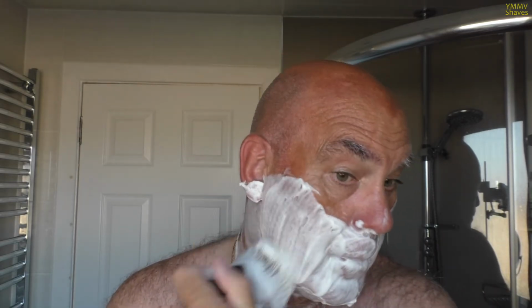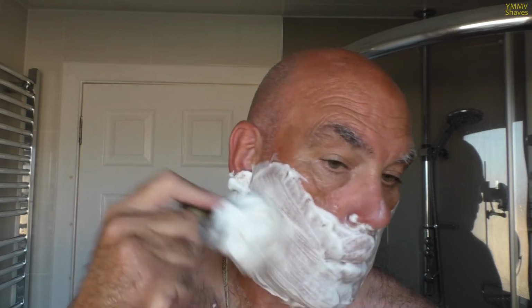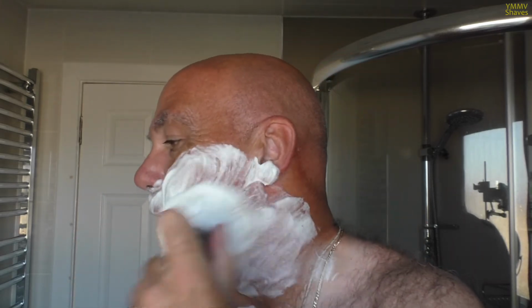This brush is probably the equivalent of a chubby 3 in size. You can see yourself the size of the display on the knot. Never really shed a hair since it arrived. You can see that's 3 passes in and we've still got